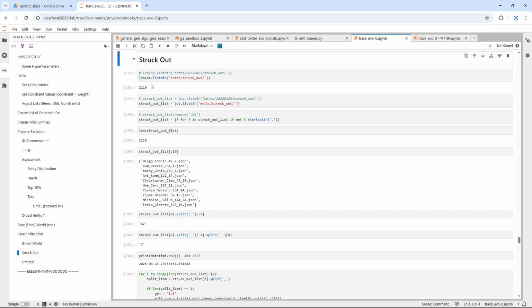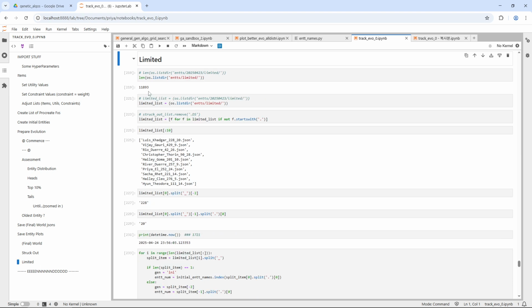Struck out, there were only around 2,000 entities, or 2,100 in this case. Limited entities, the number of them was in the tens of thousands, or maybe 11,000, or 12,000 even. So there are a lot of entities that become limited out of the population